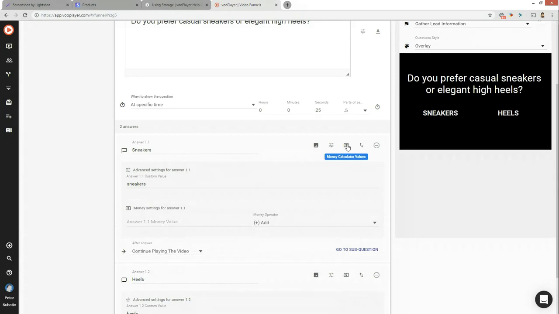You can add monetary values for those answers. So all of those values are stored when somebody picks that answer, and the plan is in the future you would be able to utilize both the answers as well as the metadata associated with those answers to personalize the content down the funnel. I don't know if that answers your question. If not, maybe you can just elaborate, give me an example of what you wanted to discuss.